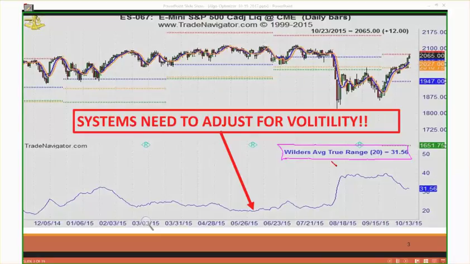Now, what is the difference between true range and average true range? If you have an average in front of true, then that means you're averaging out the daily ranges. And what is the daily range? According to Wells Wilder, it's not just the high and the low. It's the greatest of the range of the high and low versus the prior day's close. So if you have a gap up in a small narrow range, and that's the range today, versus yesterday's close, then the actual true range is the difference between the high and the close. So that's where we get the defined difference of what the true range is.